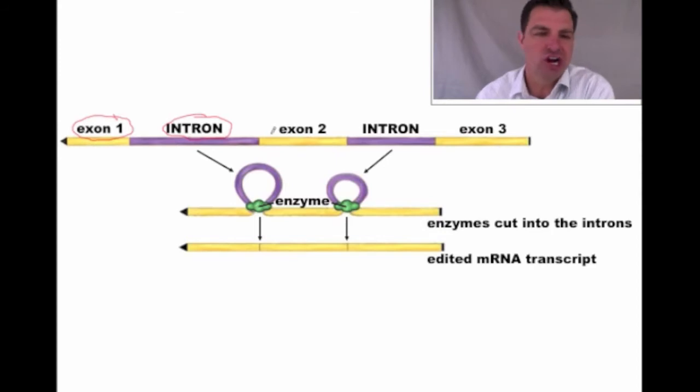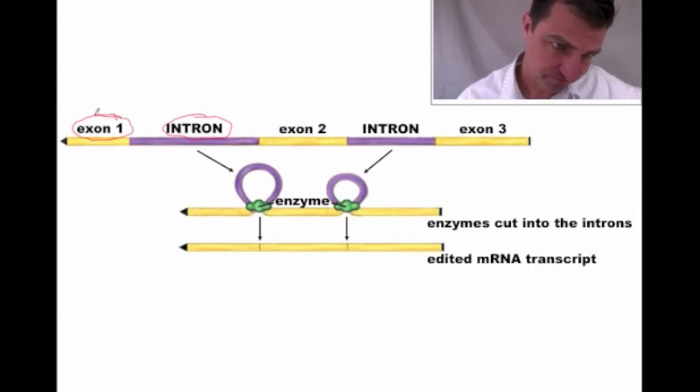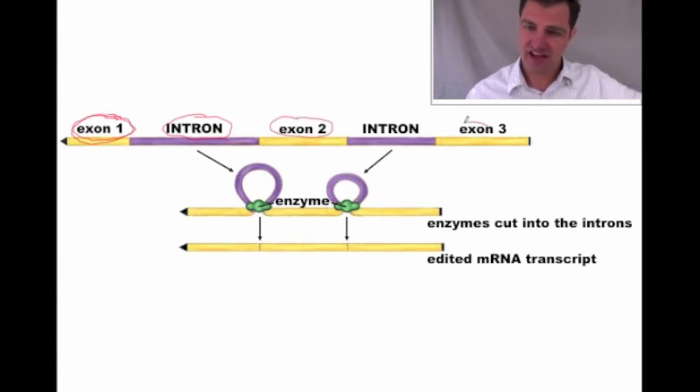We used to call this junk DNA and junk RNA, like we didn't need it, but it turns out maybe this actually does do stuff. But what we're going to do is take that exon and that exon and that exon, and hook those together. That's going to be my original code. So there are enzymes that will fold this up, and they will cut out the introns.